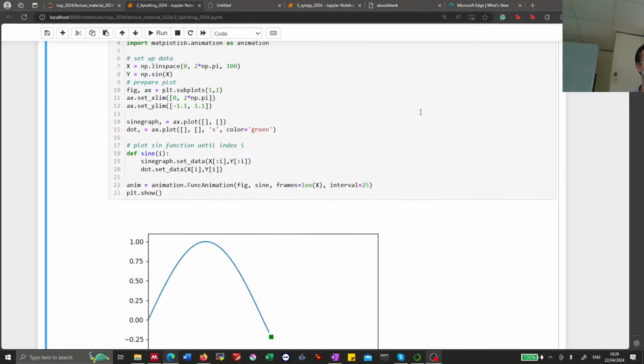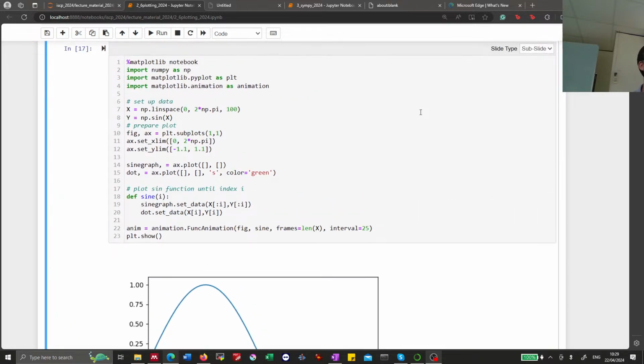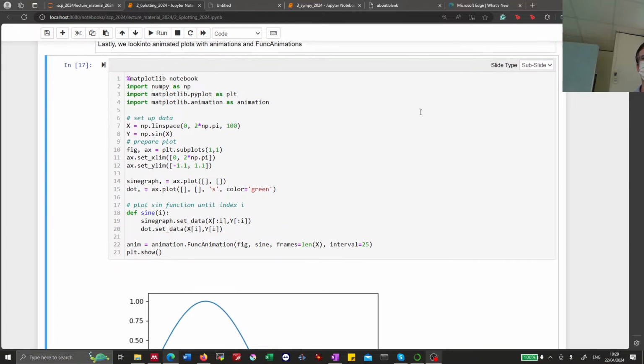This, by the way, is not the only way you can have an animation in Python and with Matplotlib, but this is the one I found to work on my laptop. In previous years, I've given this code to students. They tried it on their machines, and it didn't work. There are other codes you can find online. I tried on my machine, didn't work. Right, so it's a little bit